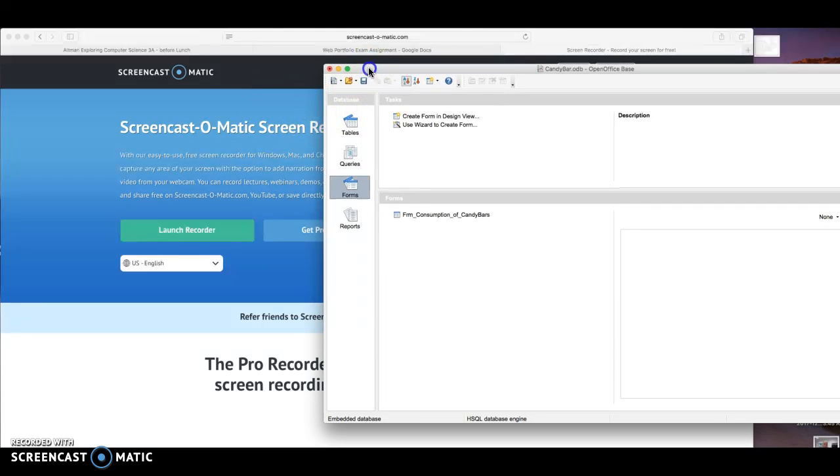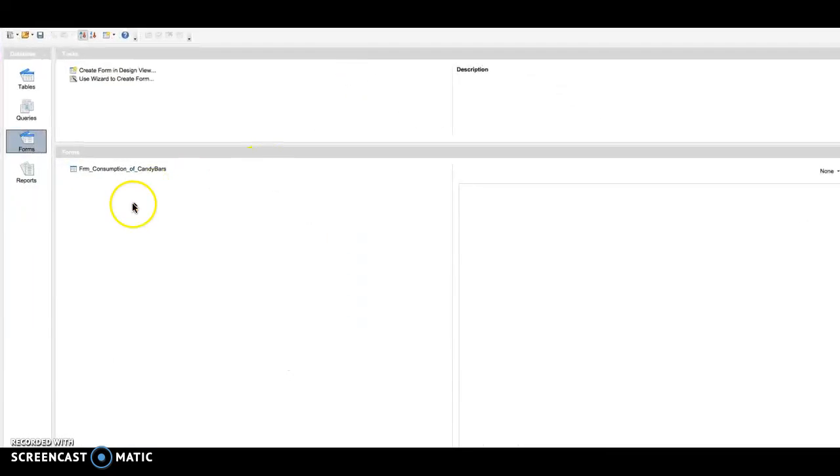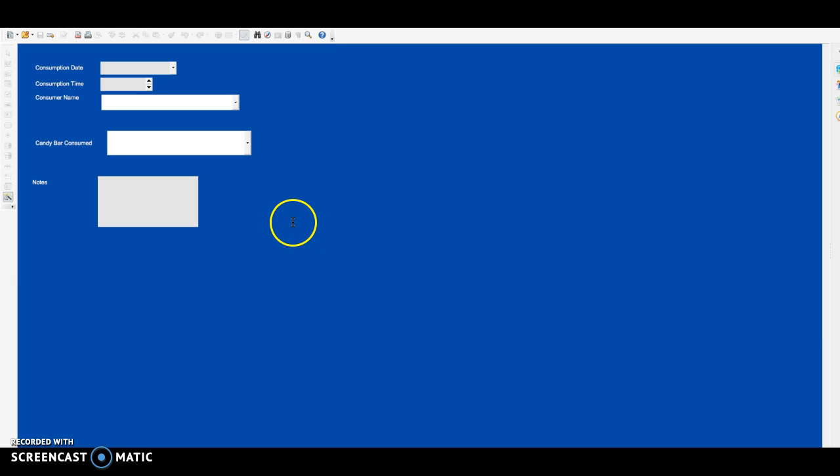All right, ladies and gentlemen, we're going to pick up here where we had trouble with the table yesterday. You can probably find the answer to this in video tutorial number 5, which is a little longer. But when we went into our form that's supposed to put information into our table,